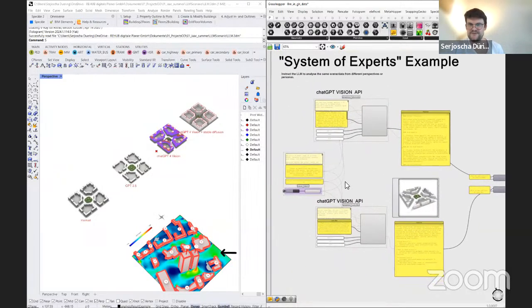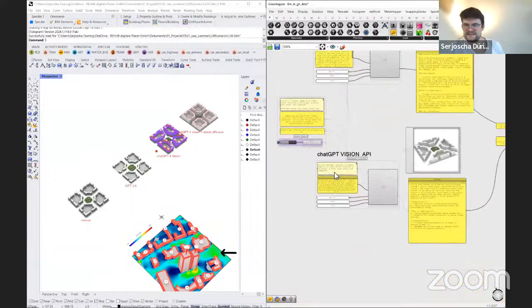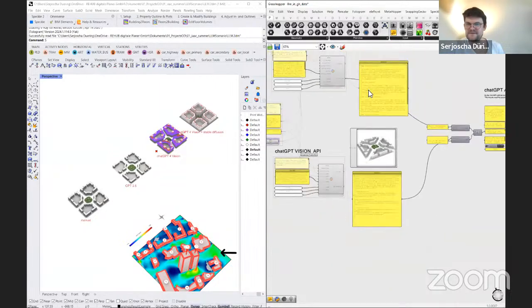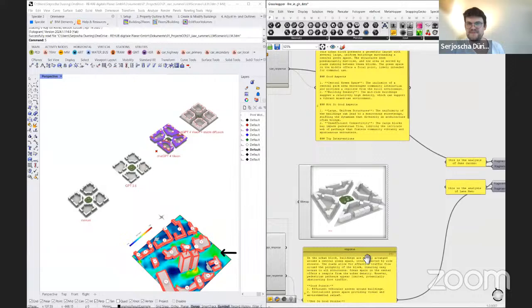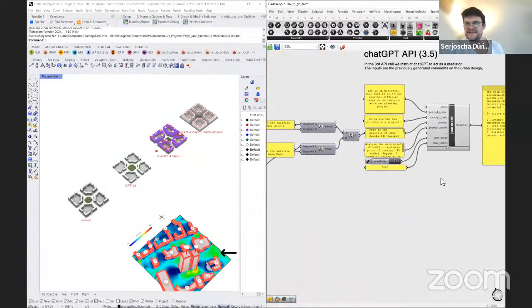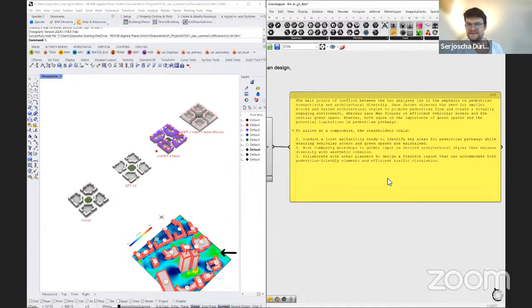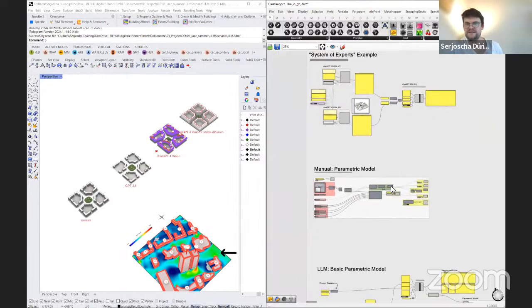So I put here one as Jane Jacobs and the other as Lynch, who should assess this urban design. Both of them, these are two separate model calls, make their assessment, what's good, what's bad, from these personas, so to say. And then we have a third model that should summarize these potentially conflicting viewpoints, and then comes in with some ideas.